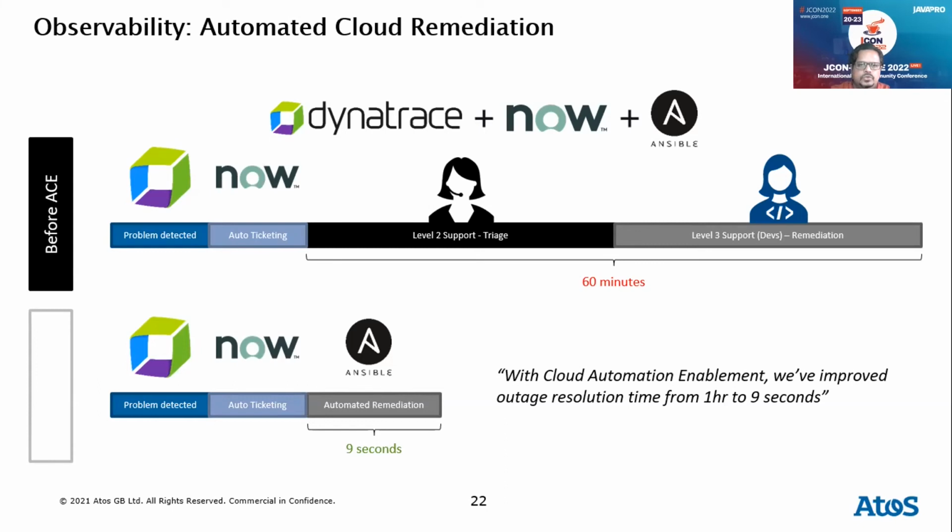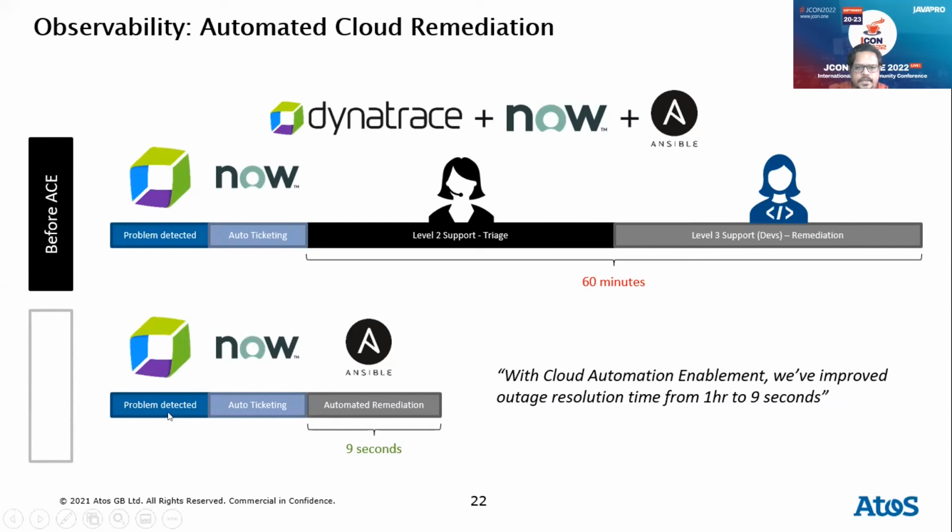Then that L2 support triages it to L3 support, where a dev team sits, analyzes it, and does the remediation. If you see this part, it's just an indicative number, it is going to take 60 minutes of your time to make sure that you fix and resolve it. So this is the overall solution without automation, without the self-healing infrastructure in place. How observability solutions resolve this problem is explained in the next row.